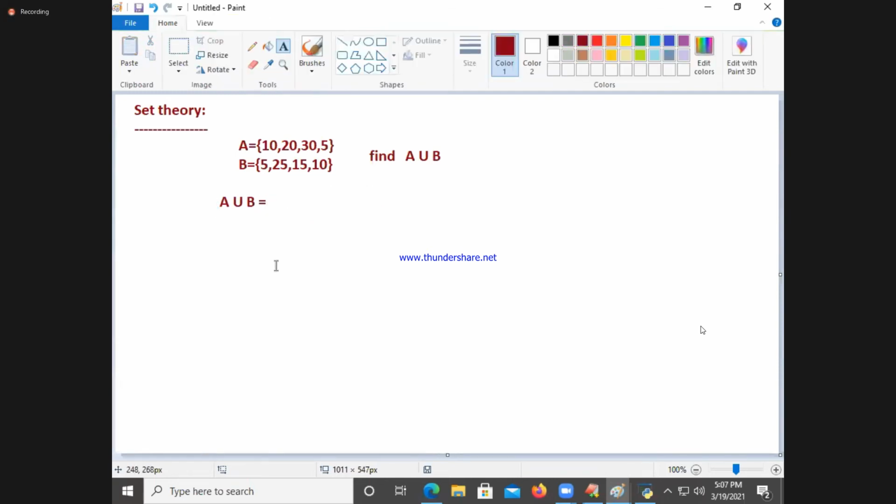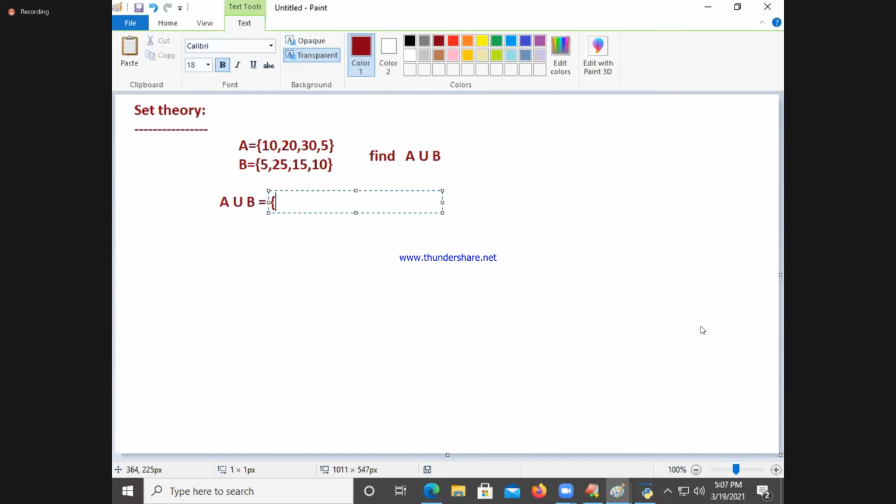That is straightforward. I'll bring it straight to computer science. Then 10, 20, 30, 5, union symbol. I am writing 5, comma, 25, 15 and then 10. These are my elements. Fine.